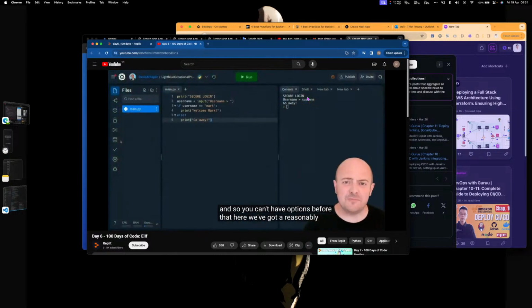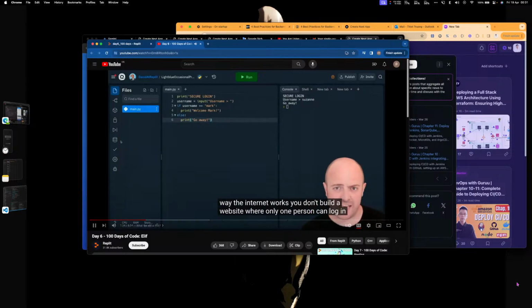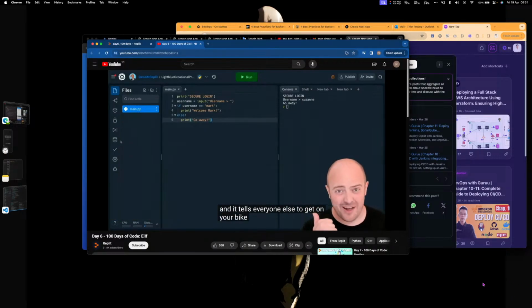Here we've got a reasonably simple login program using the skills we've learnt so far. But you know and I know this is not the way the internet works. You don't build a website where only one person can log in and it tells everyone else to get on your bike. This website is fundamentally broken, so let's add some elifs